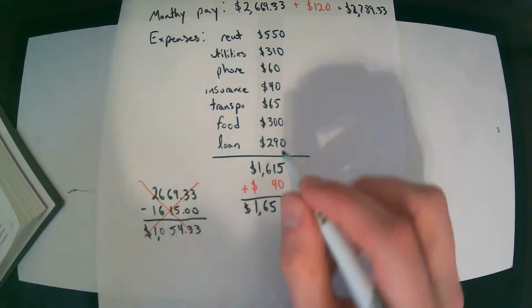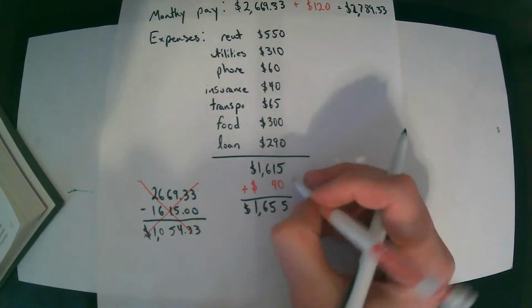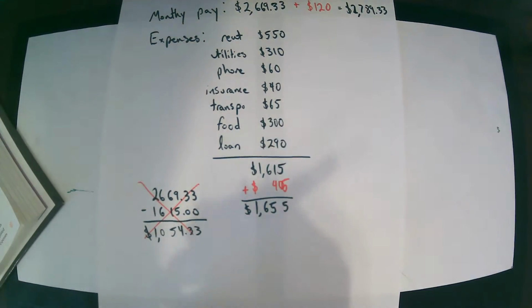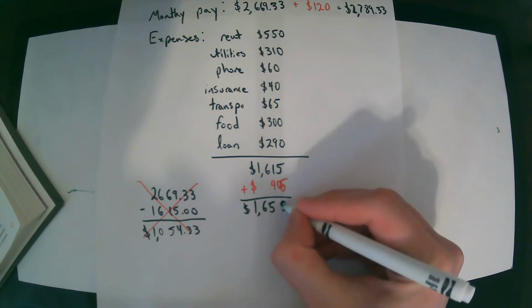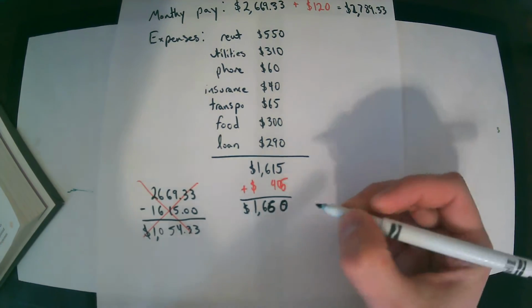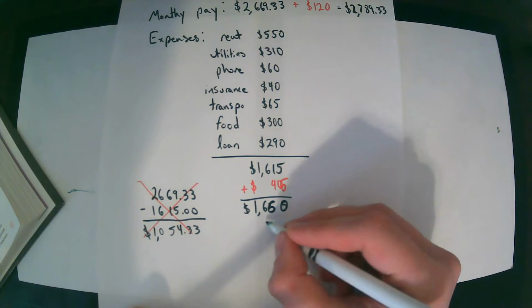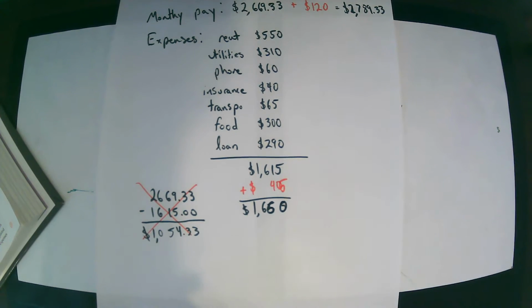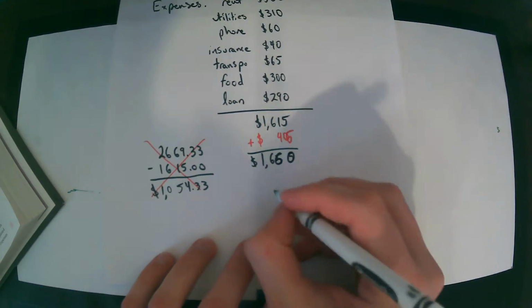Oh, dang it. Why did I write 40? 45. So $1,660. There we go. The 45 is already a monthly expense, so no need to scale it up by 4 because it's already measured at monthly. Alright, now we can write down